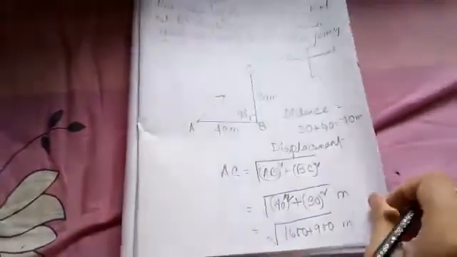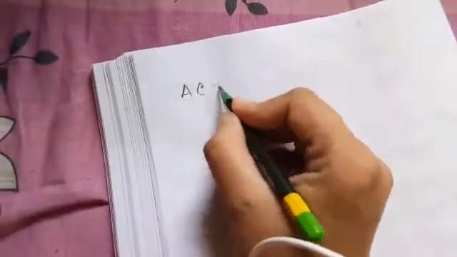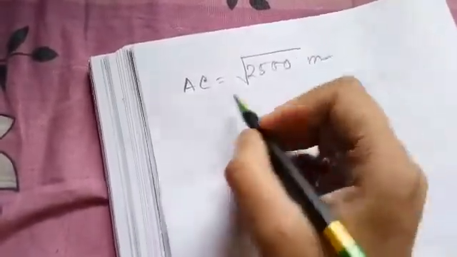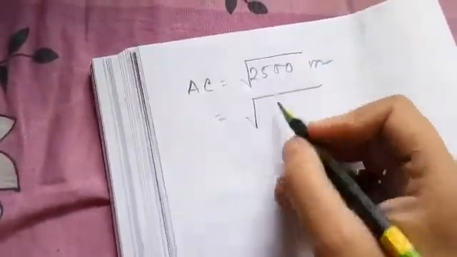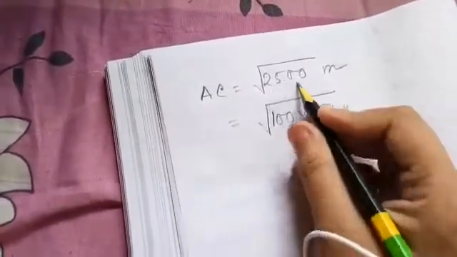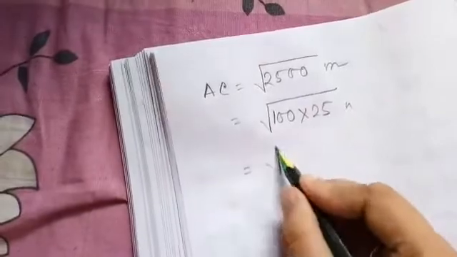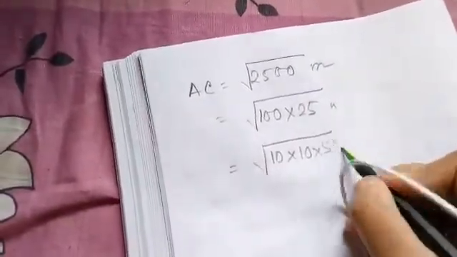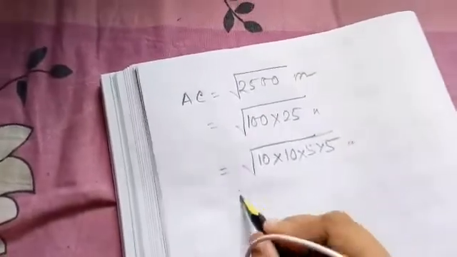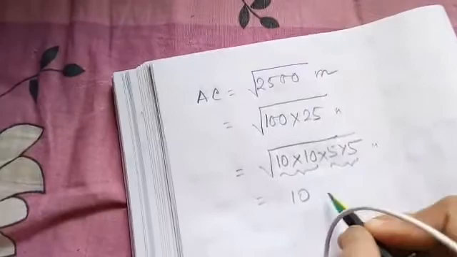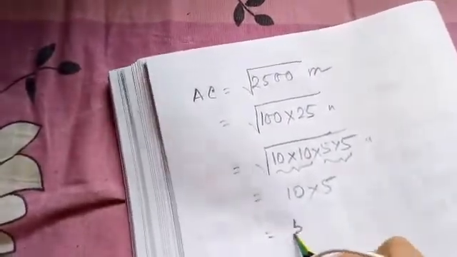So AC will be root under 2500 meter equals to, if I do it, it will become 100 into 25. 2500 means 100 into 25. Now if I again split it, 10 into 10 into 5 into 5. Okay, so now for these two tens, 1 ten will come, these 2 fives, 1 five will come, so 50